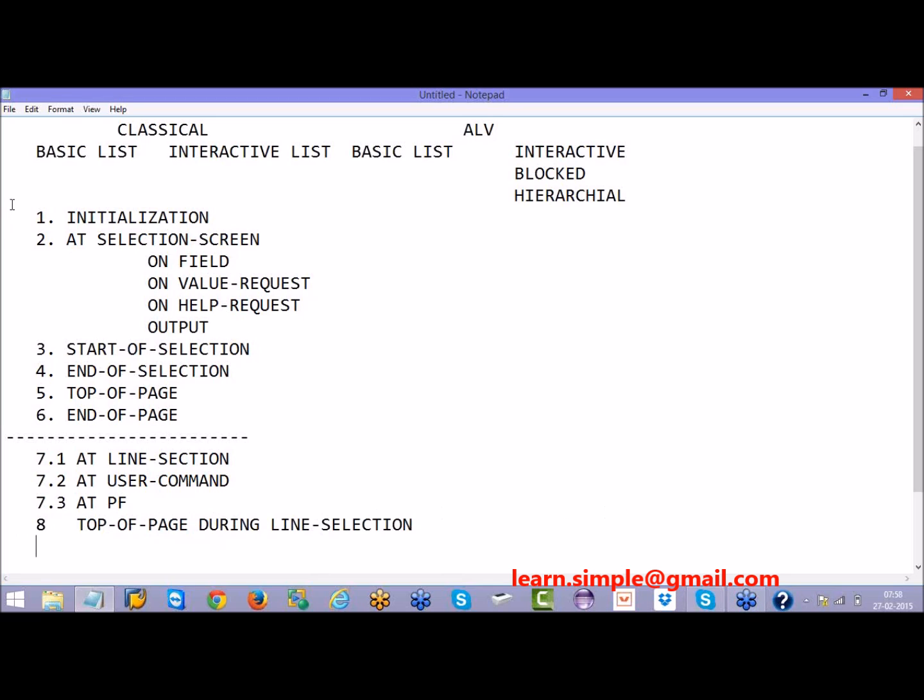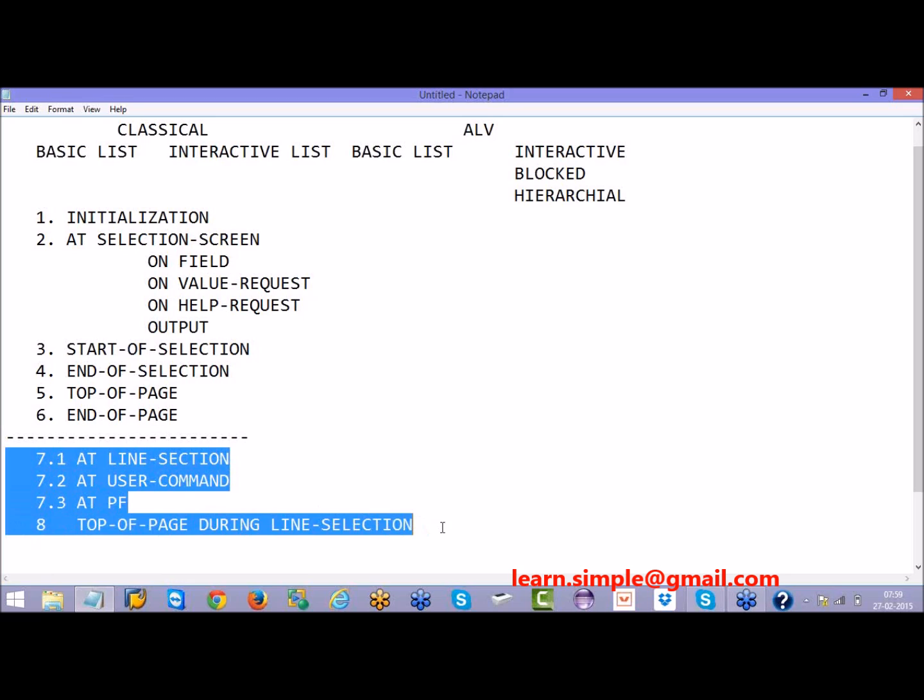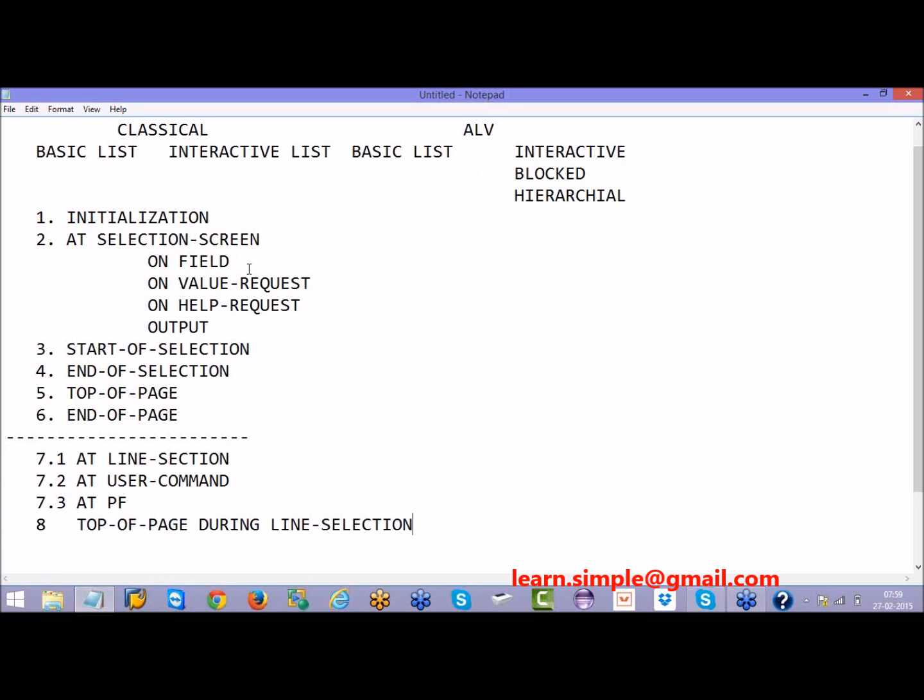So these are all the important events which you need to remember. When we are doing the coding, sometimes for a basic list we generally use only up to this. For an interactive list we will go for these events. Based on the purpose, some of the events we can also make use of in ALV reporting. Once we complete the reporting, you will get a better understanding of all these events and all the types of reports. So today what we will do is, we will try to